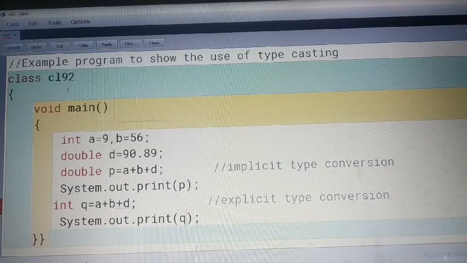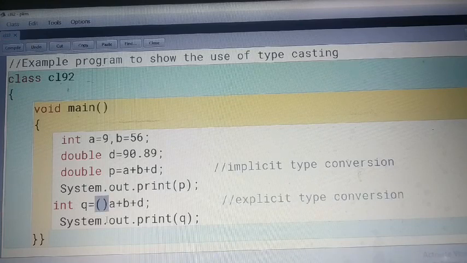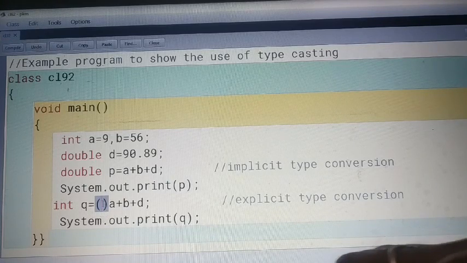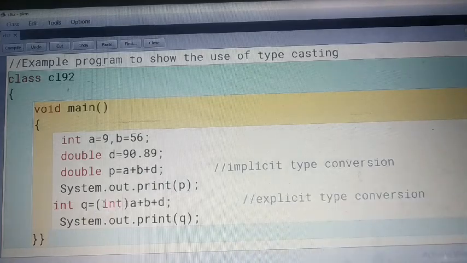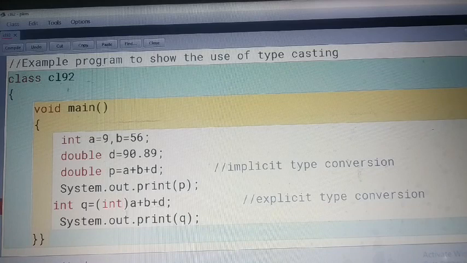So what is the expected condition? How can we solve this? You have to get the same data type in front of this calculation this way, integer. Now compile. Again a problem is there. So what will you do? You will write this particular statement in parenthesis.